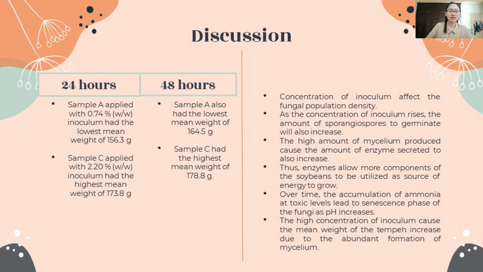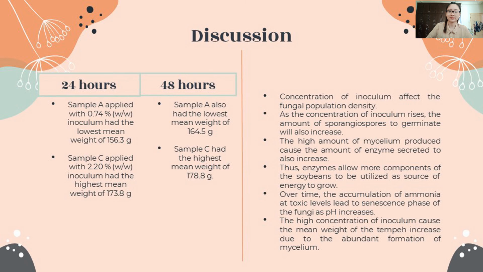The high amount of mycelium produced causes the amount of enzymes secreted to also increase. Thus, enzymes allow more components of the soybeans to be utilized as a source of energy to grow. Over time, the accumulation of ammonia at toxic levels leads to the senescence phase of the fungi as pH levels also increase. The high concentration of inoculum caused the mean weight of the tempeh to increase due to the abundant formation